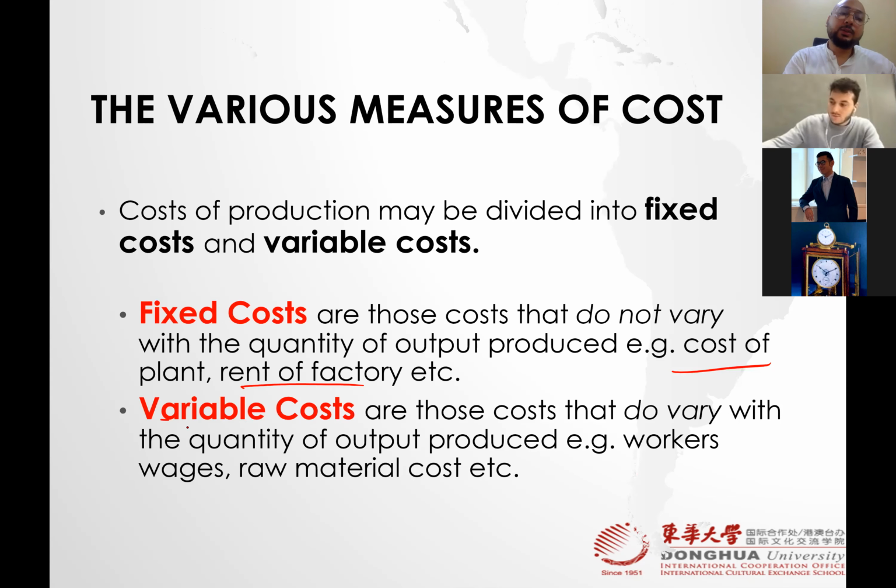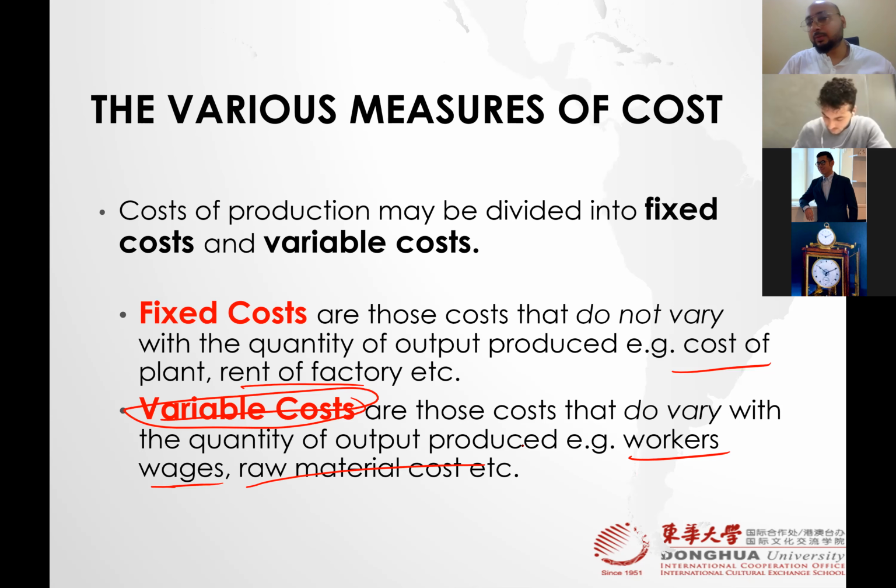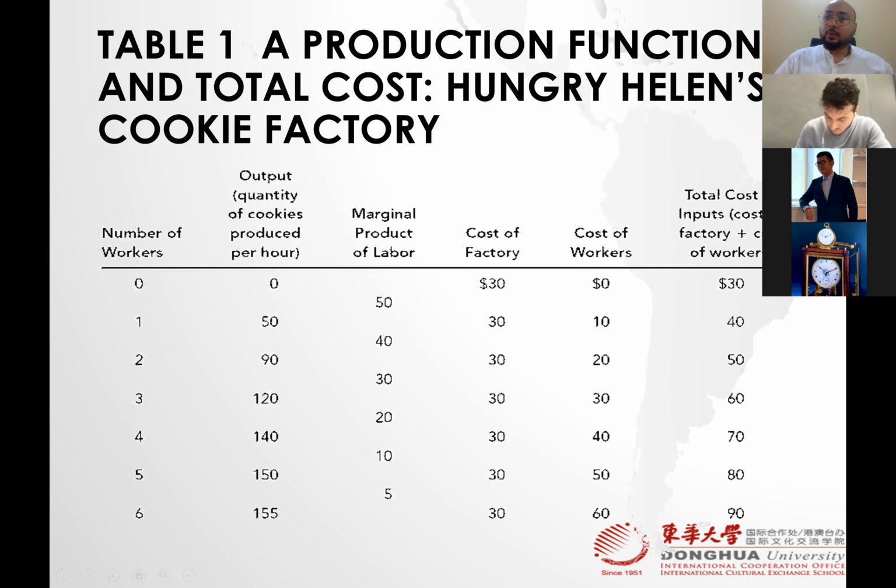Variable costs do vary with the level of output. If you produce more output, more cost would be needed. So workers' wages, right? If more products are going to be made, more workers are needed, so more cost in wages or salaries of the workers. Material cost too: the more units you need to produce, the more raw material cost is needed. And then we talked about